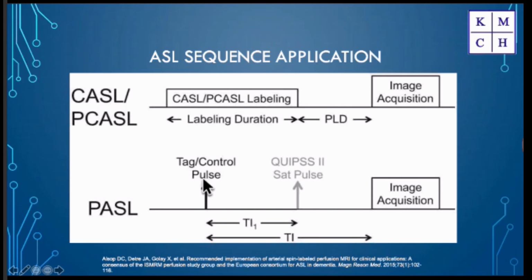As I told, this leads to an unsharpening of the bolus. To sharpen the bolus and to enable quantification, we add a saturation pulse. And the time between the first pulse and the saturating pulse is then referred to as the TI1. And we can see that the post-labeling delay in a pseudo-continuous ASL would be equivalent to TI minus TI1. So this is how the differences work in different scanners, and it can be quite confusing at times.